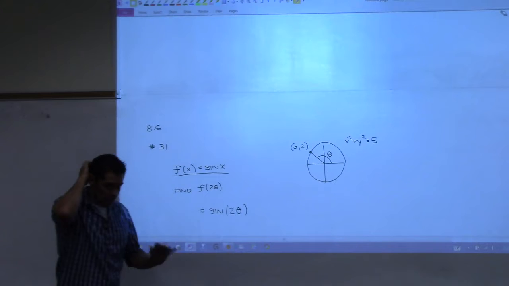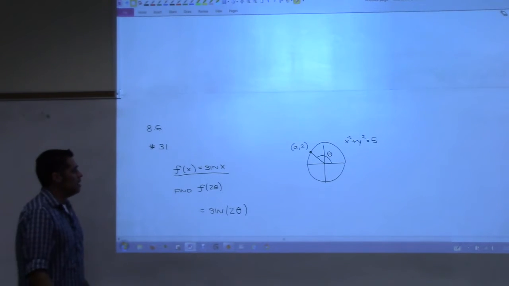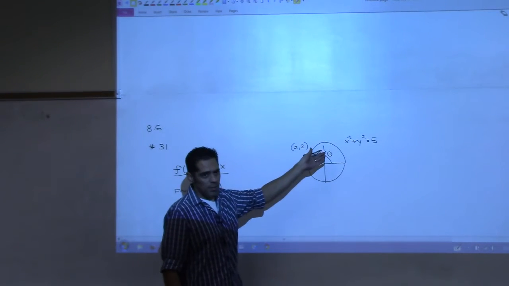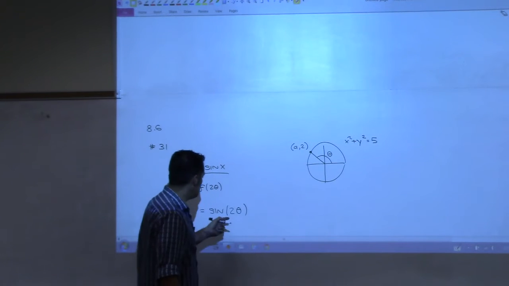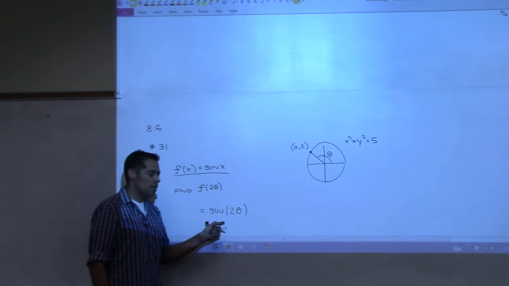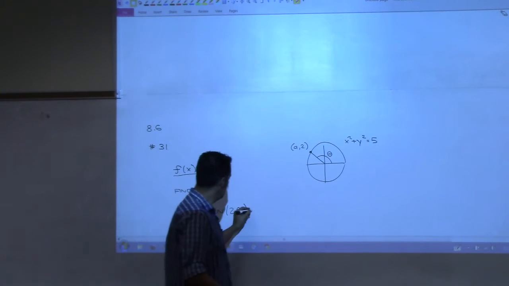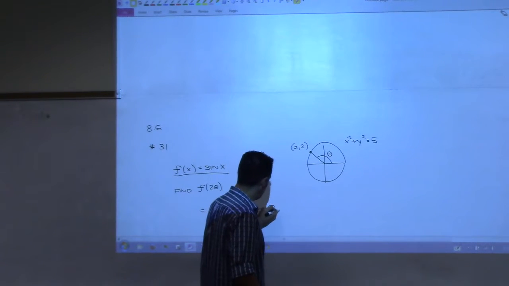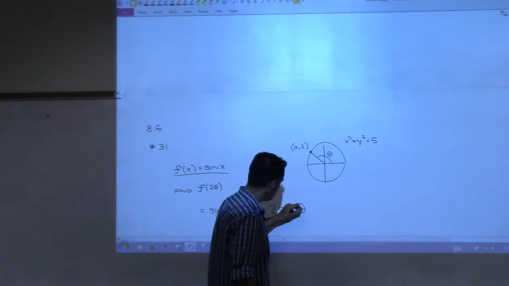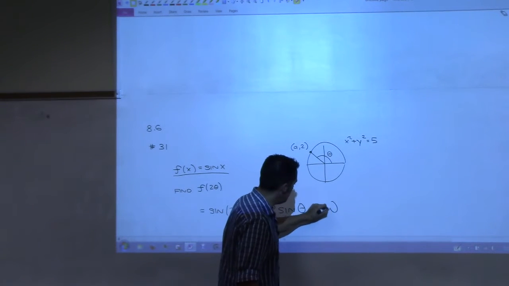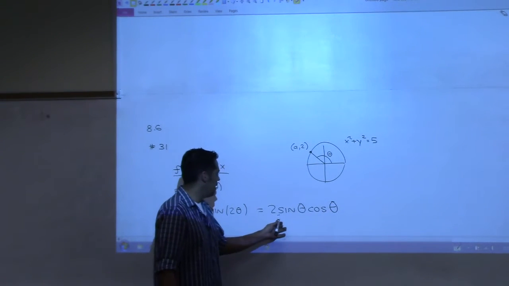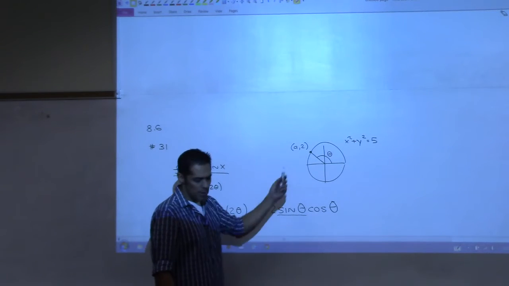theta. That okay? Now, you have information about theta, not 2 theta. But you do have a formula that allows you to get rid of the 2 theta and create something else, the double angle formula, which is 2 sine theta cosine theta. Now, do you know what sine of theta is? So looking at this circle,